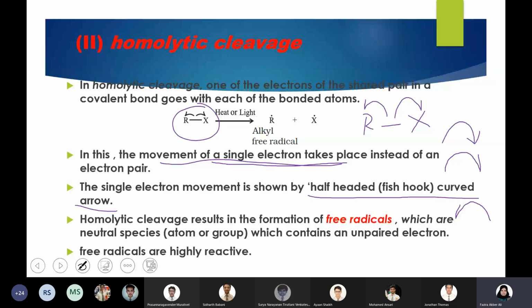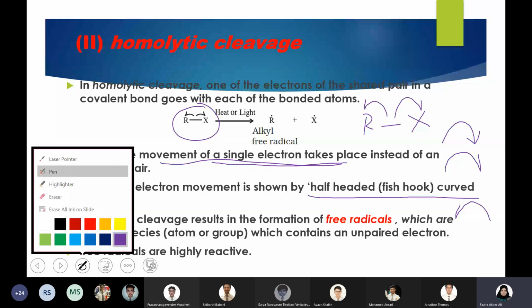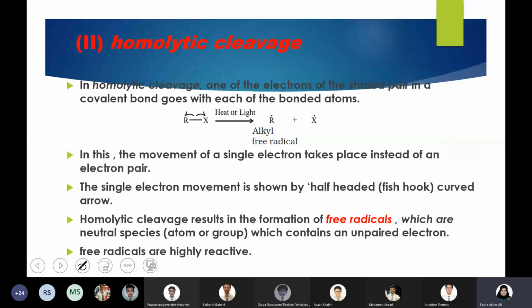So after the transfer of electrons, one electron each to both fragments, what you get is a species with one free electron, or one unpaired electron. This electron already belonged to this atom before; they shared it to make a covalent bond. But after the cleavage of the covalent bond, it has been given back. The problem is that this electron is now an unpaired electron, or you can say unpaired electrons are free. They are not part of any bonding. That is why they are called free electrons.